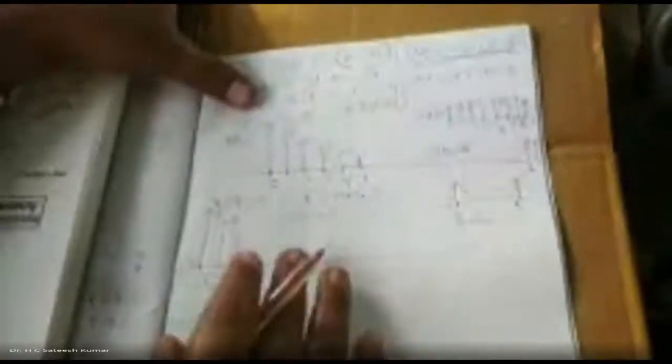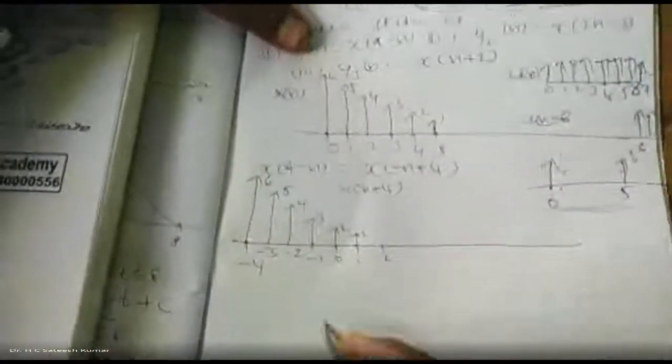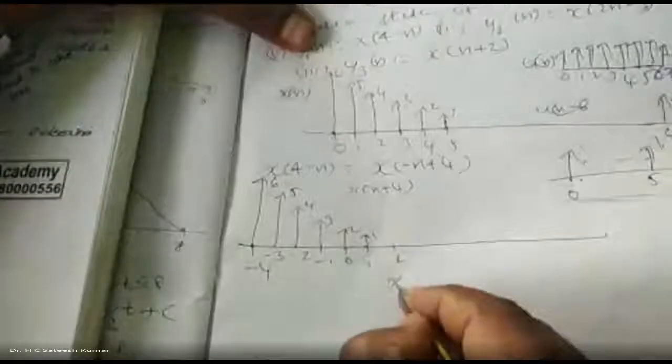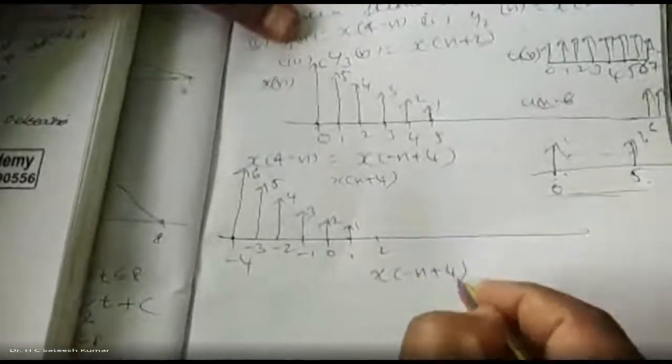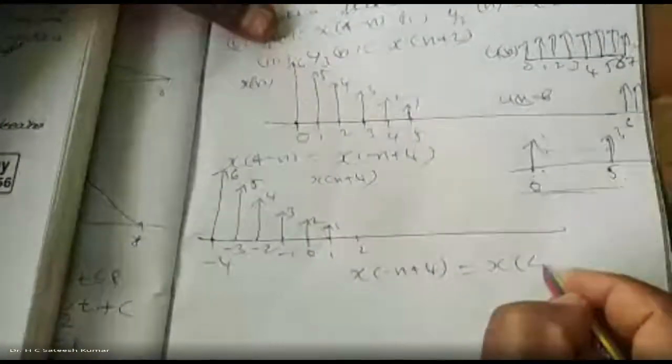Right? So, minus 4, minus 3, minus 2, minus 1, 0, 1. Reread the same diagram, shifting by 4 units. So, 5, 4, 3, 2, 1. As it is, you write it. Same copying it by shifting. One edge you shifted, rest you write it as it is. That is your x of n plus 4. Now you fold it. X of minus n plus 4, which is nothing but equal to x of 4 minus n.